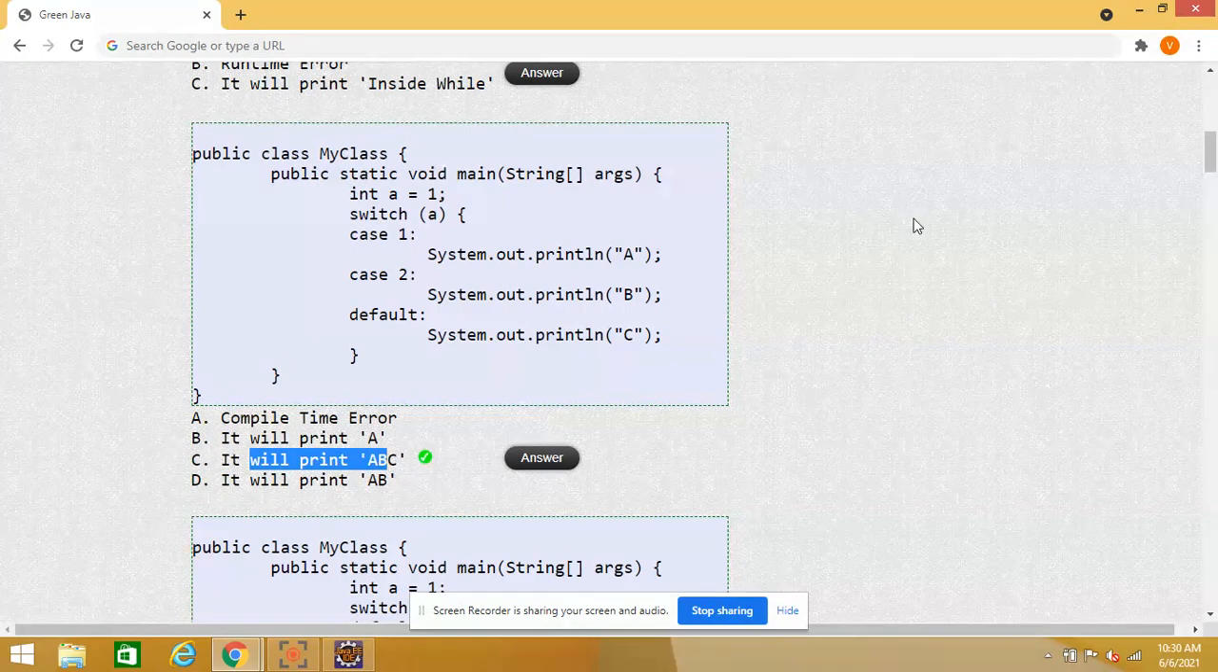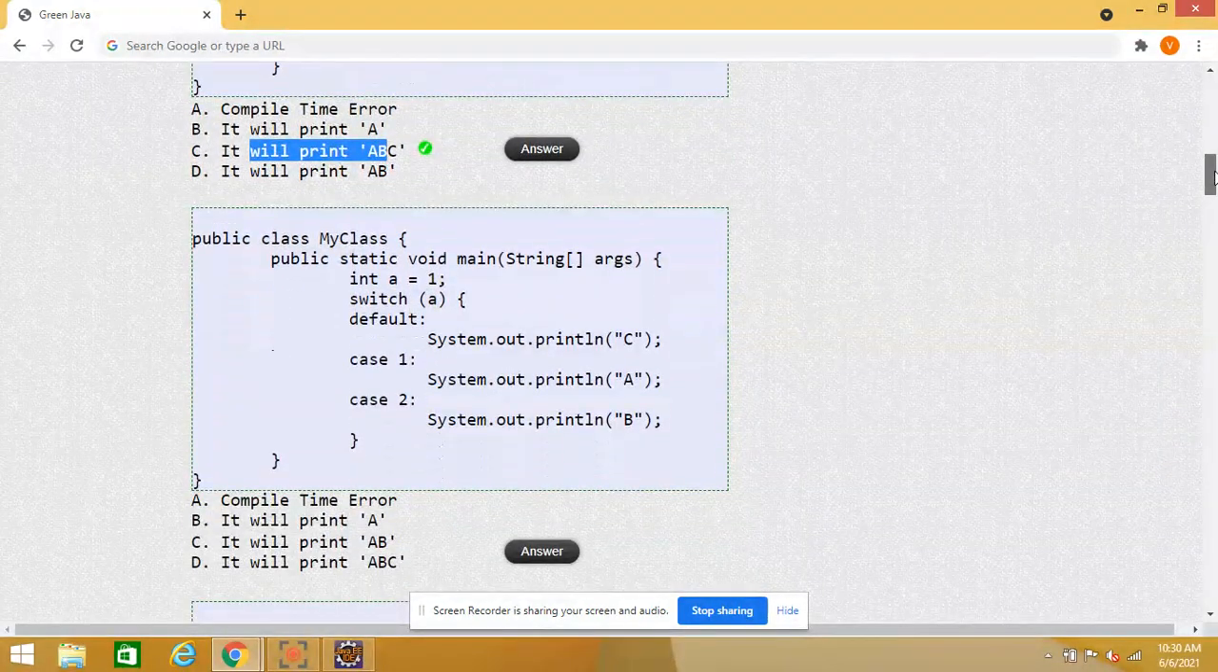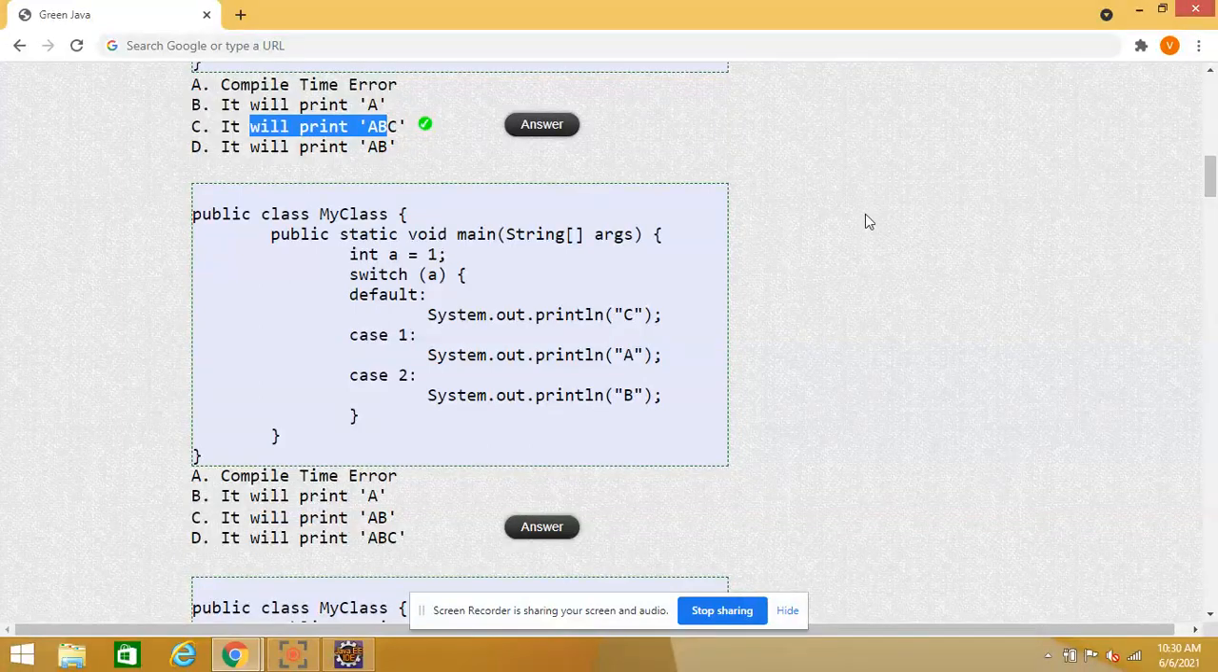So now we'll move to the next question. Again, this is a similar type of question to the previous one, related to switch case. We are already familiar that inside switch case everything is optional. So because of no break, it is not going to be a syntactical error. But now